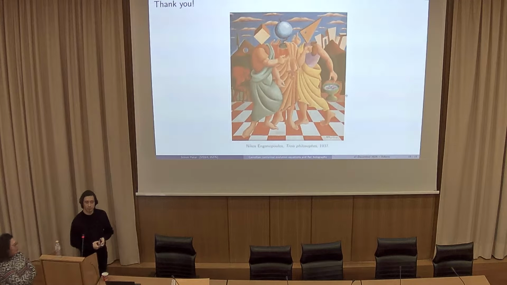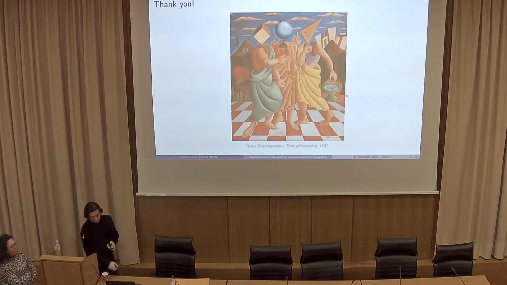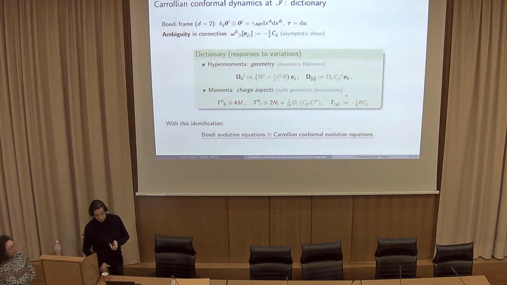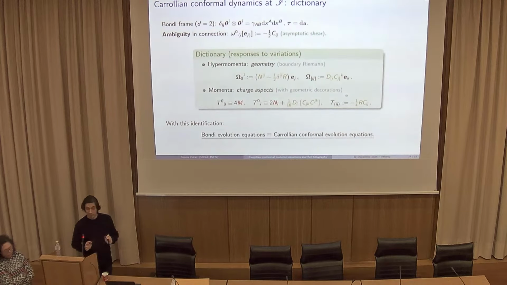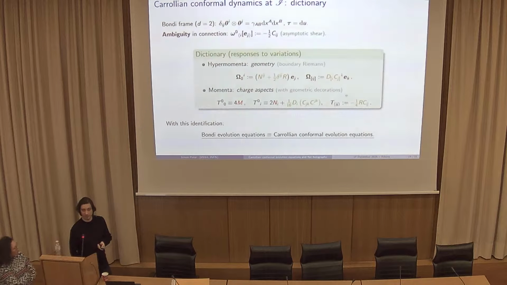Yes, so there are a lot of studies on Carrollian QFTs or CFTs. These are mostly taken as the c goes to zero limit of Lorentzian CFTs, right? Given the dictionary that I presented here, we see that we must find a theory that produces some hypermomenta. So it looks like, but I don't want to be too definitive about this, simple theories such as scalar fields, for instance, are not going to reproduce this. You need something that couples to the connection, so maybe a spinor, a fermionic field could be an option. But for the moment we don't have a lot of progress to report on that.